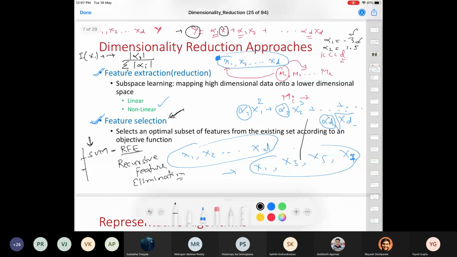Another method that you can use to look at your feature importances: if you would have used random forest, I hope you would have. In random forest, you can actually get the importances of all the feature values.